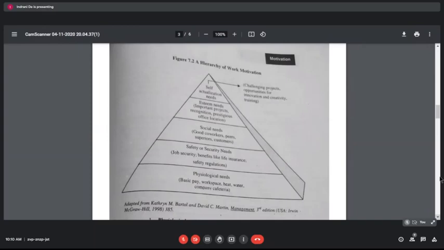Then the esteem need: some important project we are looking for. We want to get involved in some important project. We will get some recognition for our performance, and we will get some prestigious office location. That is our esteem need. Then the self-actualization need. This is when we get the opportunity to work on a very challenging project, some opportunity for innovation, like some innovative or creative things we are doing. That will be the self-actualization need.